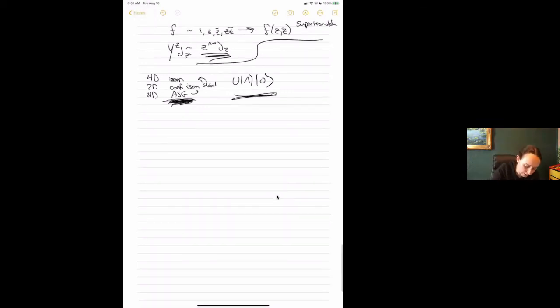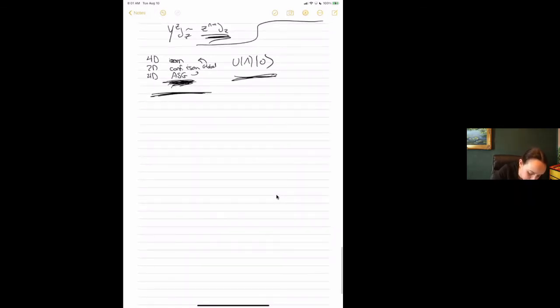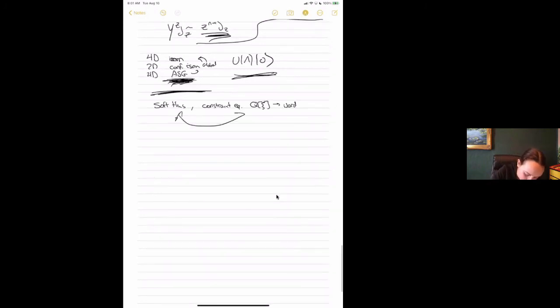So let me highlight the steps that we're going to follow in the coming lecture. We're going to first look at soft theorems. And then we're going to end up using our constraint equations to show that basically the canonical charges Q for my asymptotic symmetries give me Ward identities that are validated through soft theorems. So basically there's going to be this feedback between that.